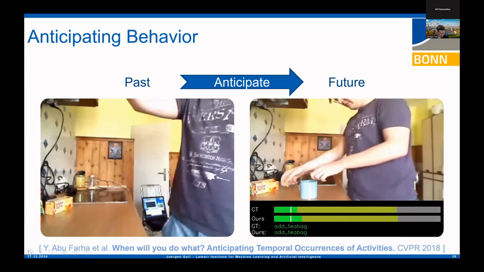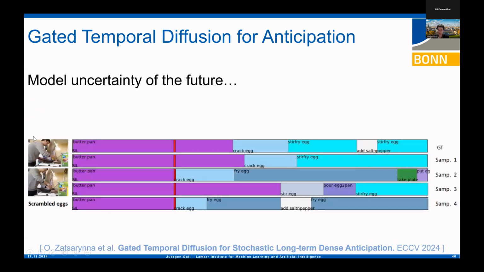So I also want to go back to the examples: instead of forecasting motion, it is also forecasting activities. And here we also use a diffusion model, because diffusion models have a nice property: you don't make a single prediction from your observation, you can make multiple predictions. So again, our input is a video sequence, and technically everything here, that's the future.